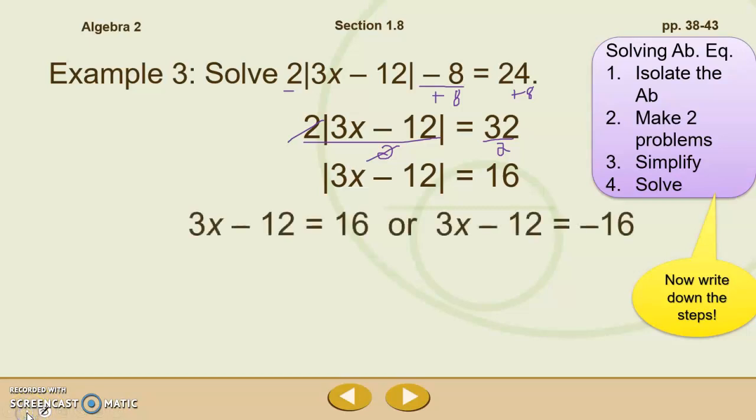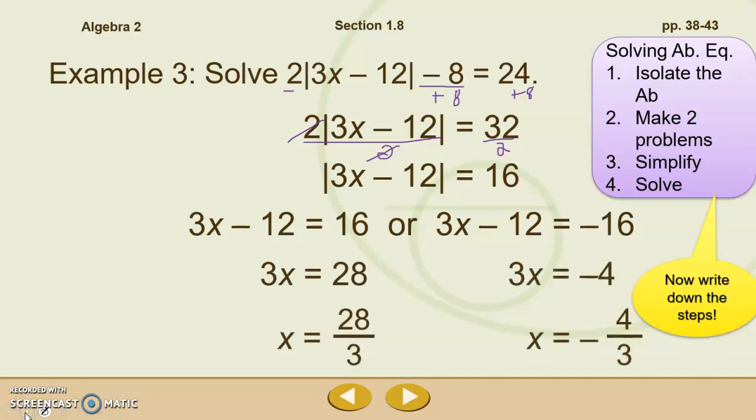Make two problems. 3x minus 12 equals 16, or 3x minus 12 equals negative 16. We can then simplify using our steps that we've learned in algebra. And we get that x is equal to 28/3, or x is equal to negative 4/3. We want to plug this back into our original equation, substitute this back in to make sure that that actually